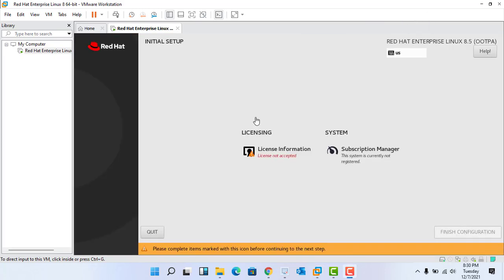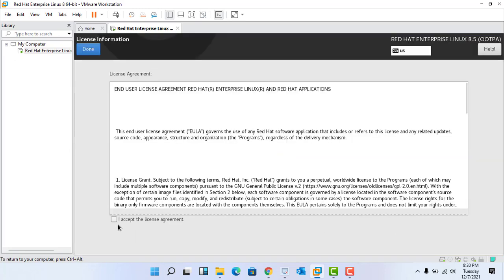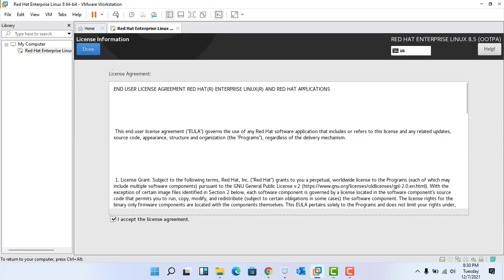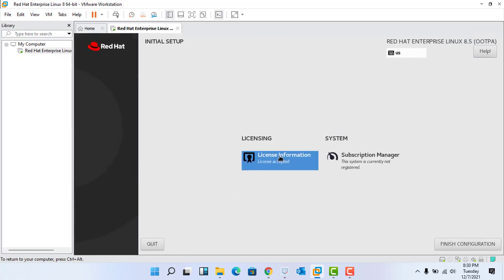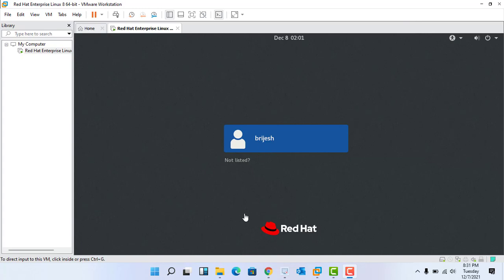You can see here, we have to accept the license also. Just click on accept, then done. Now just finish the installation. Now guys, you can see here the login panel has been displayed.